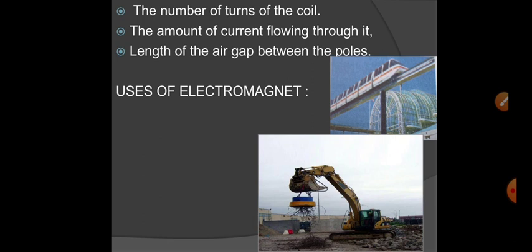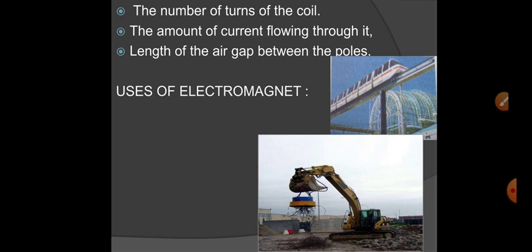Now, what are the uses of an electromagnet? Electromagnet means you are making something a magnet temporarily. That means for 5 minutes it behaves just like a magnet, and all of a sudden it becomes simple iron again. If you say behave like a magnet, it will behave like a magnet, and as soon as you say off, it turns off. What will be the use? You see, there are great uses.